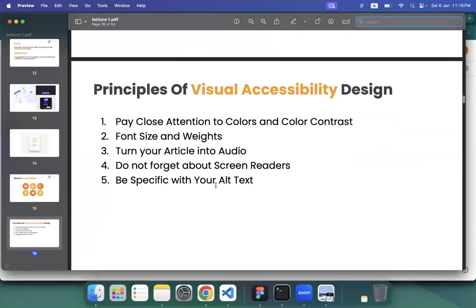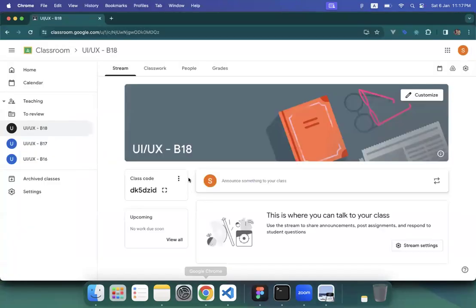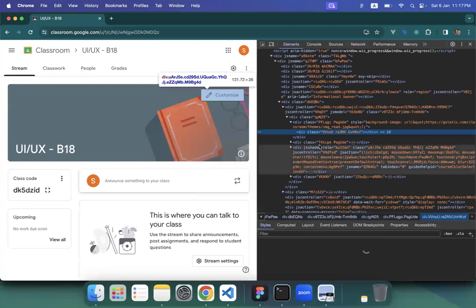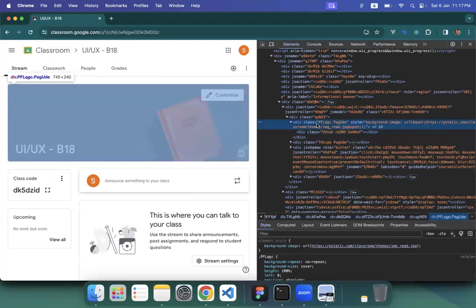Be specific with your alt text. Alt text, or alternative text, is something that front-end developers use when they are coding your application. For example, let's say we have an image on a website. Let's say this particular image. So, if it has an alternative tag,